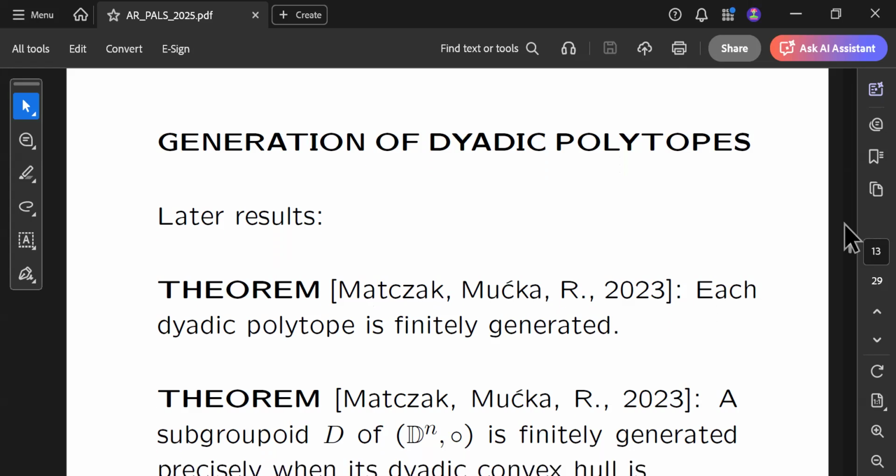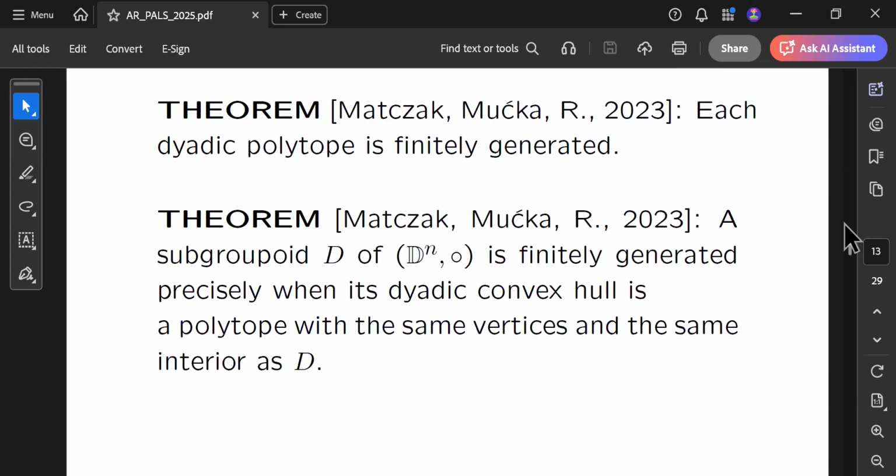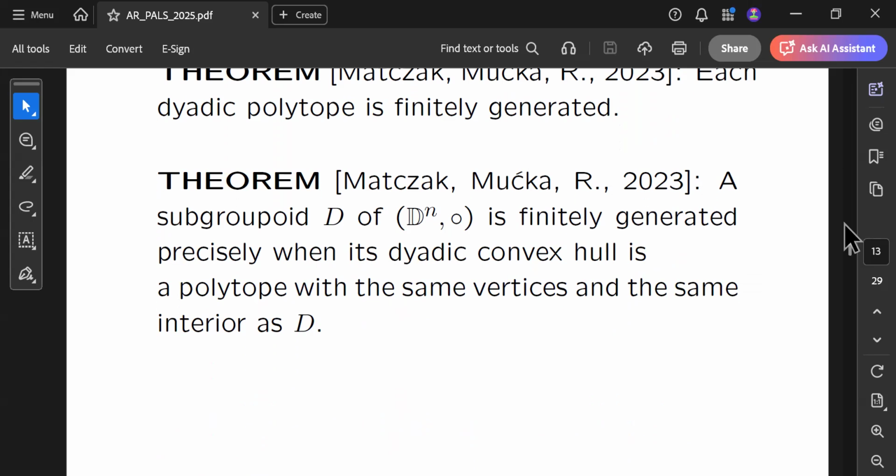What was interesting was the fact that the polytopes are not the only subgroupoids of D to the n which are finitely generated. And we were able to show that a subgroupoid D of n-dimensional dyadic space is finitely generated precisely when its dyadic convex hull is a polytope with the same vertices and the same interior as D. And as an example of such a convex set, we can use the same examples we used when we spoke about generating